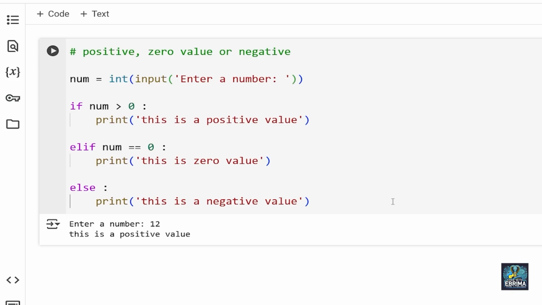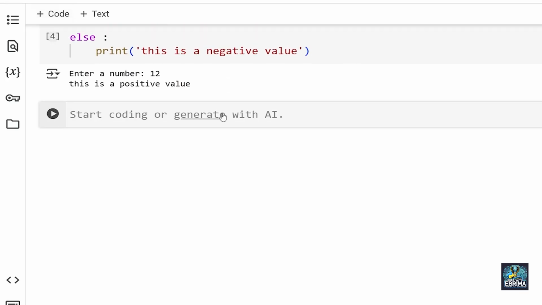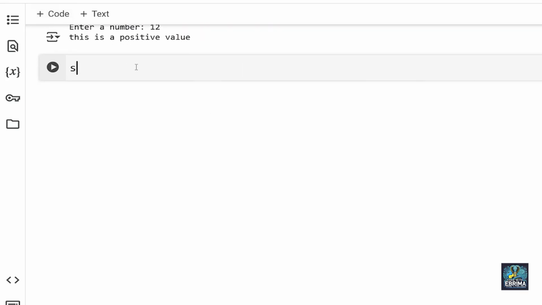Now let's ask the students to input their scores so that we can grade them. We are going to go down and create a variable called score, and this is going to be equal to input(), and now we will ask the students to enter their scores. Enter your score, colon, and now create a space.